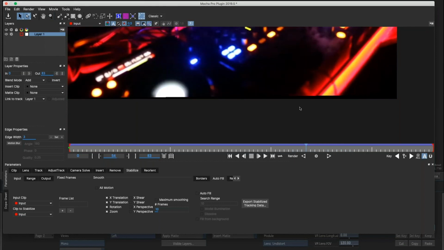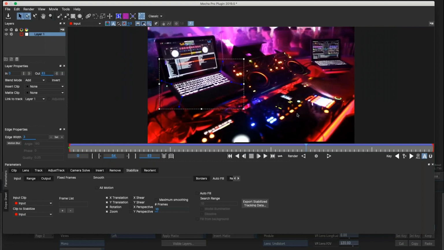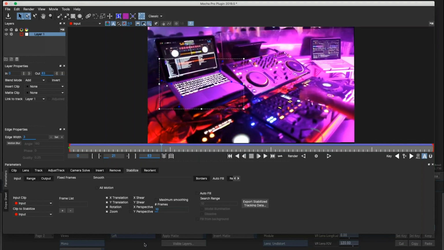I'm going to zoom out now by Z, double click to reset the zoom. At the moment, the stabilization is being applied over 10 frames. So there's still a little bit of movement in there because it's being averaged. So this would be a useful setting if you had like a wobbly pan and you want to take the high frequency motion out. What I want to do is completely lock this down, so I'll enable maximum smoothing, and